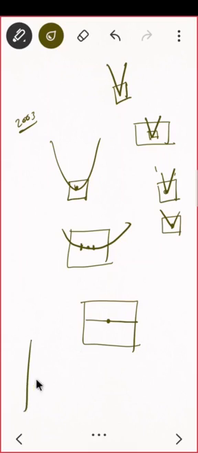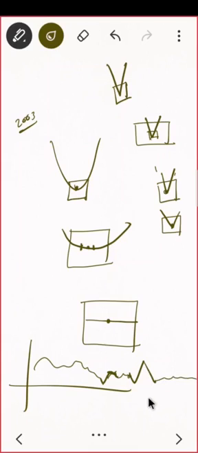Correct? So suppose I am having a function like this, and it has an edge here, here also an edge, and something like this. So to check differentiability of this function, I can say that this function is differentiable everywhere except at the edges. Here there is an edge, and here there is an edge, here there is an edge. Do you see that? और क्यों मतलब डिफरेंशियबल नहीं होता है?